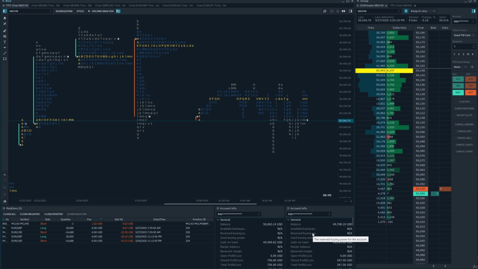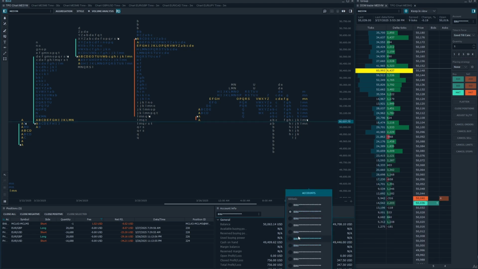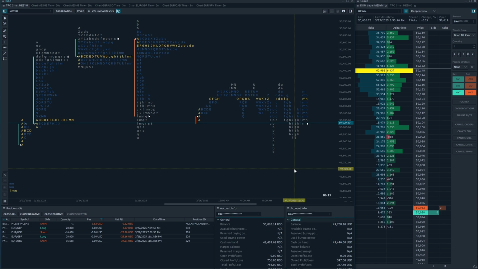And once I make money on that account for the day, let's say I make $200-300 on the funded account, then I'm just going to shut it down and then probably pick another account in my stack,